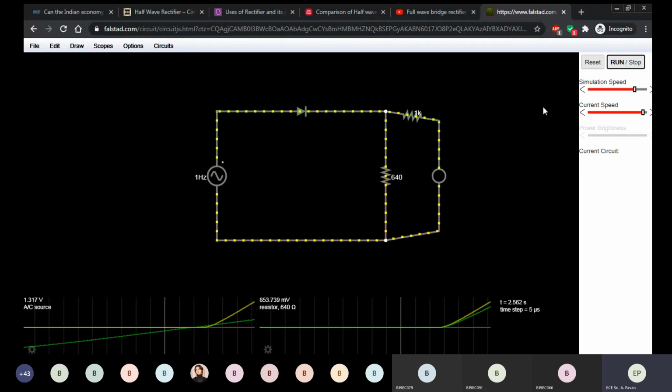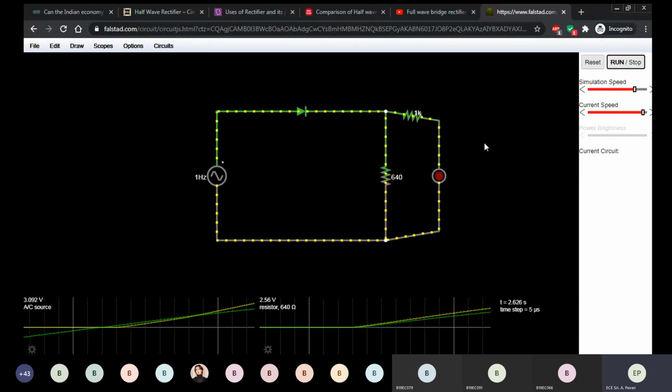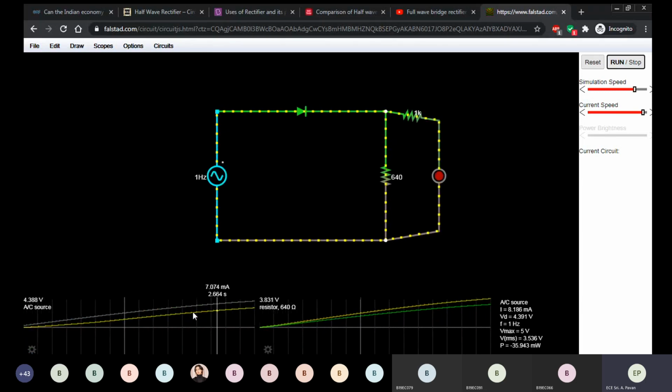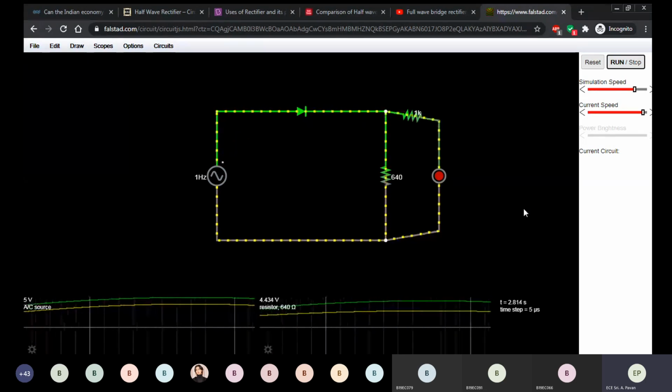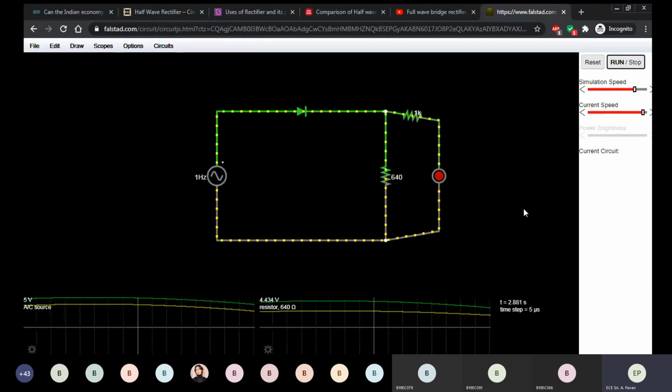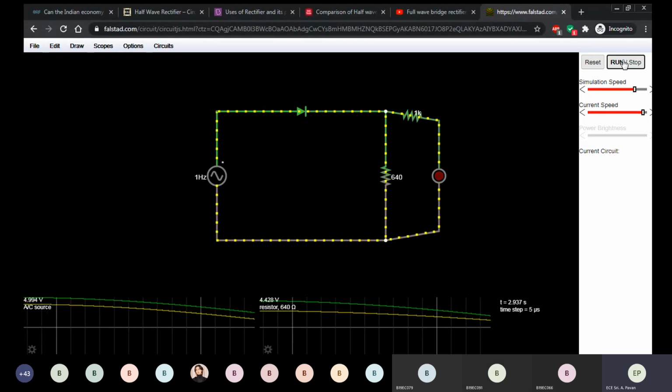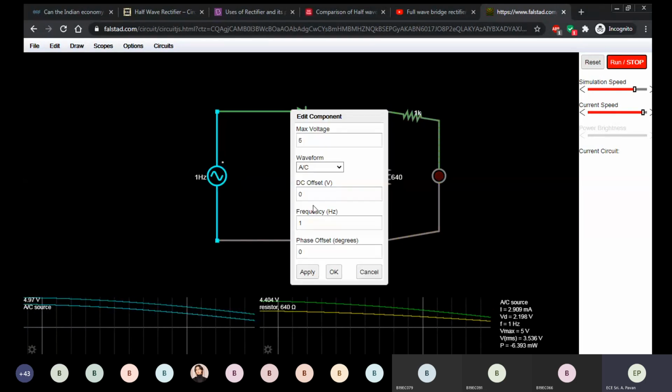Still it is off. Now it is on. See here, it is now down into positive. We are getting positive. That's why the diode is on. Input is positive. That's why the diode is on. LED is on. Right? Similarly,